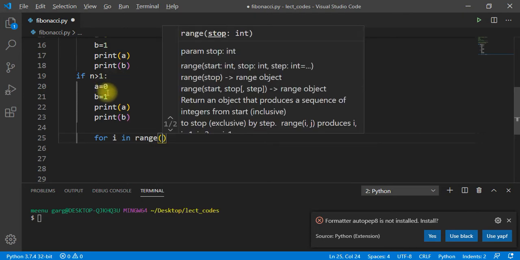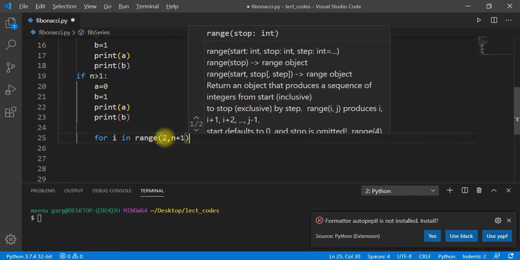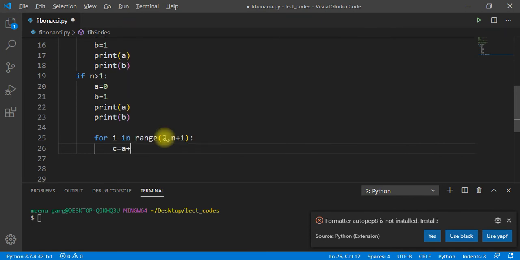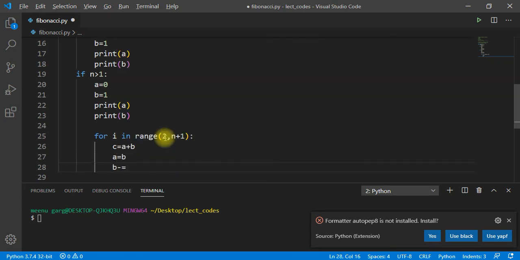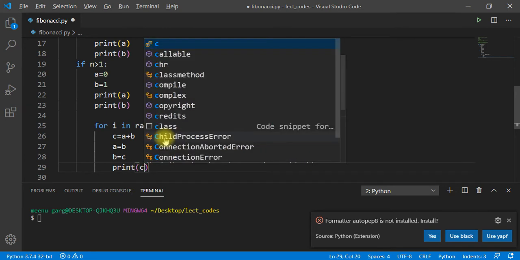It is 0, it is first, so we have to begin from 2. We update our cth element, which is the sum of previous two. Now we have to update our previous two elements for the next element. a will become b, and b will become c. Then I give a print of the cth element.